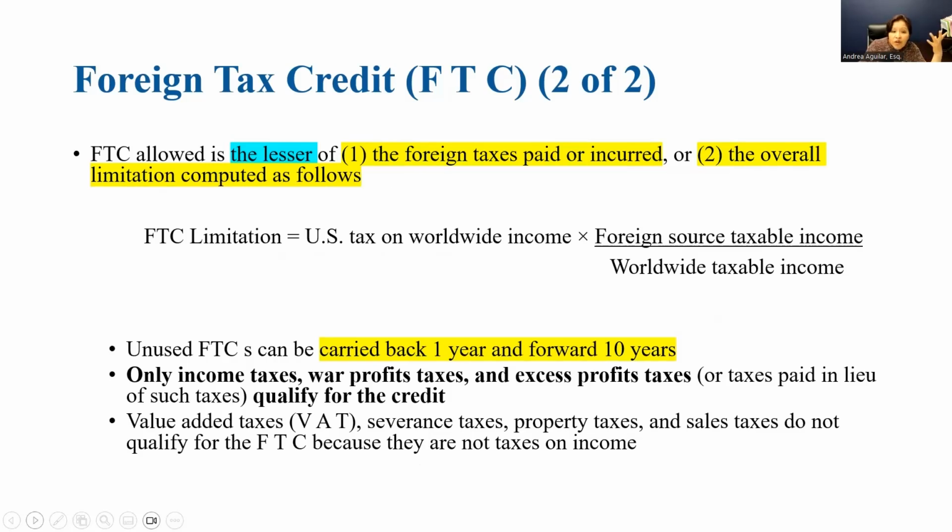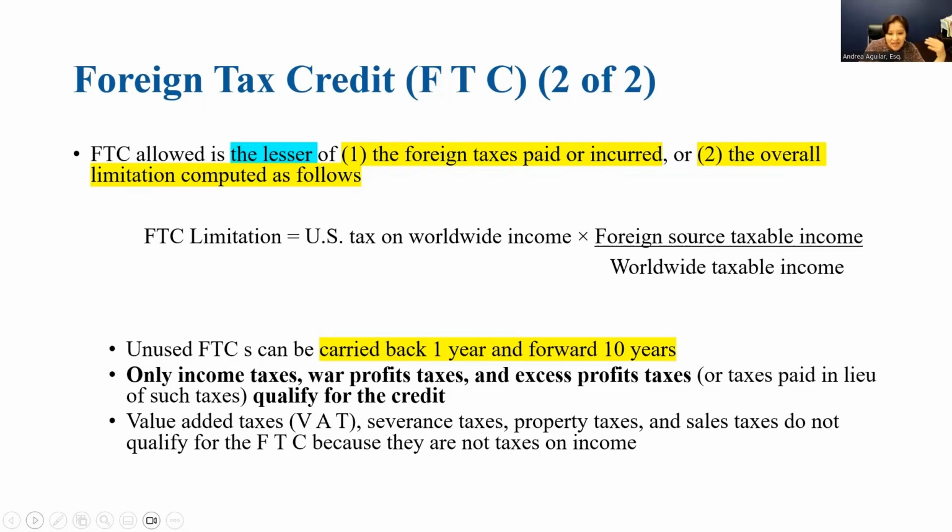Also, we have a formula to calculate the foreign tax credit because you cannot get a credit for the amount that you have paid. Sorry to tell you that. The foreign tax credit for any given tax year is the lesser of the foreign taxes paid or incurred or the overall limitation. So we have to calculate the foreign tax credit limitation and compare it to what we have actually paid. Whatever amount is less, that is the foreign tax credit that you will be allowed to take